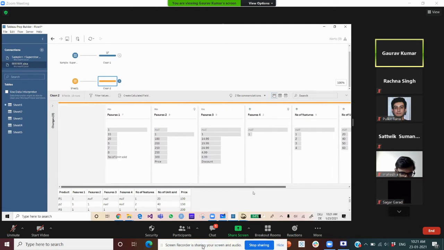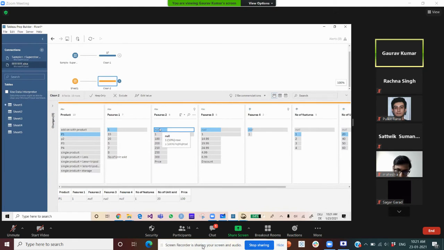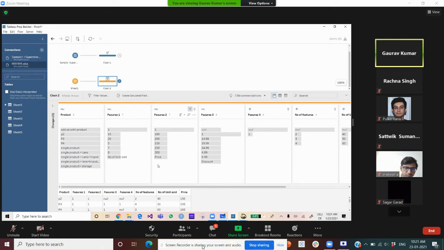So here, for example, if you want to remove some of the null values, you just have to click that, and here it's like keep only, exclude edit value. If you want to exclude, just exclude that, and you will see that all the null values are totally gone. But you don't have to do this, because sometimes null values are contributing, like in some columns the null values are very few, almost 5% of the total data.